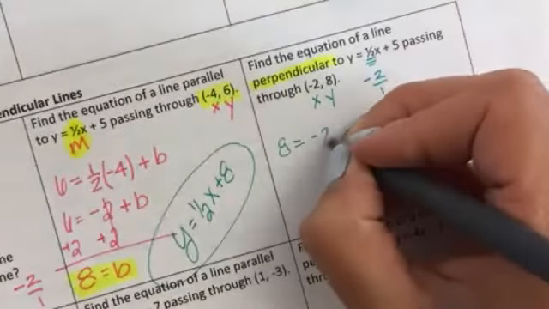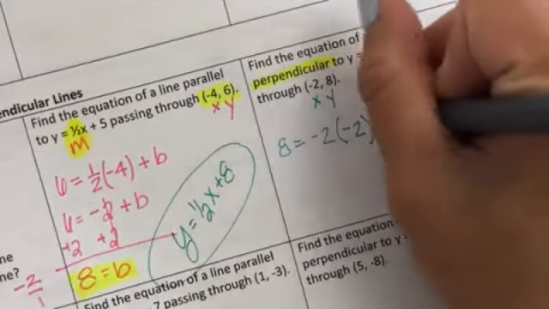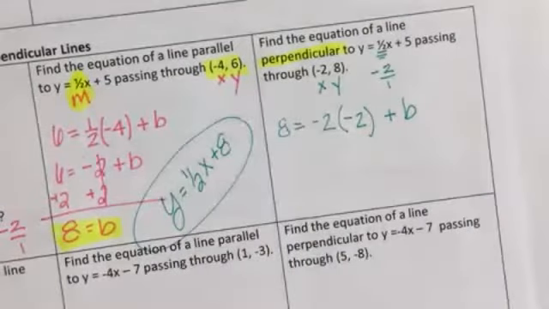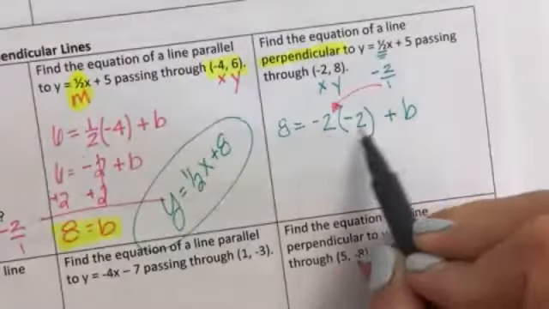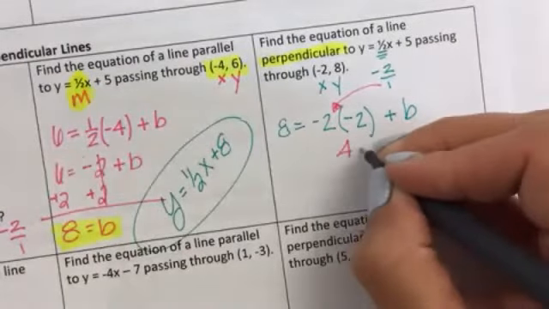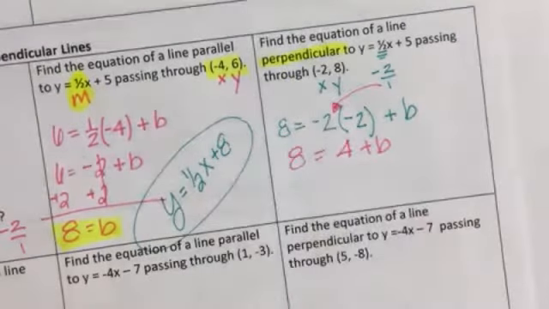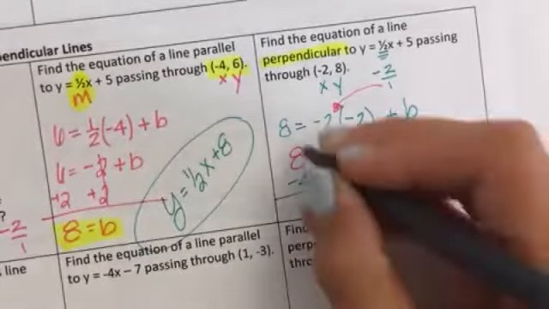Our slope is -2. Our x is -2. And we're solving for b. So -2 times -2 is a +4. And then how do I get b by itself? You just subtract that 4. 8 minus 4 is